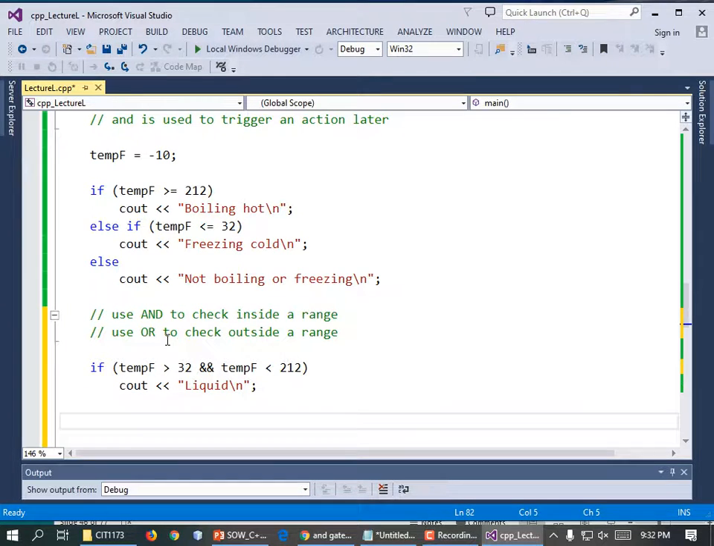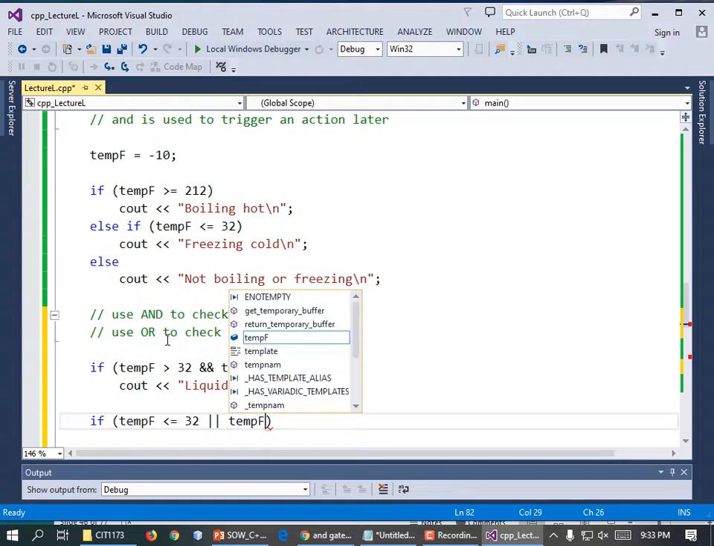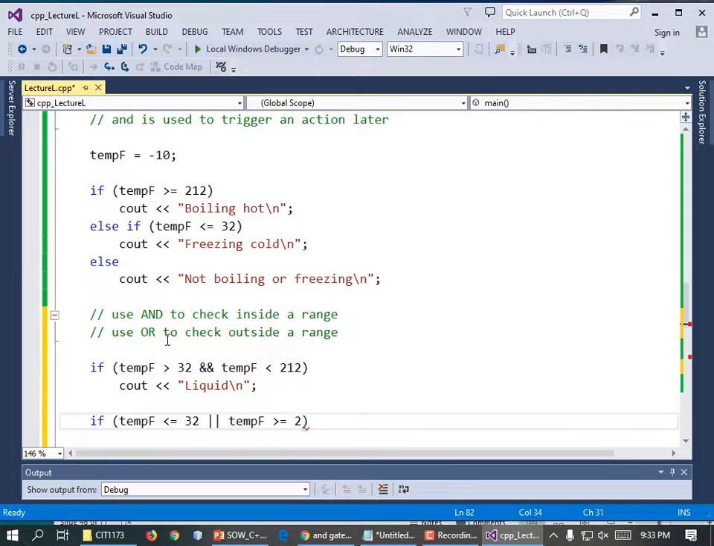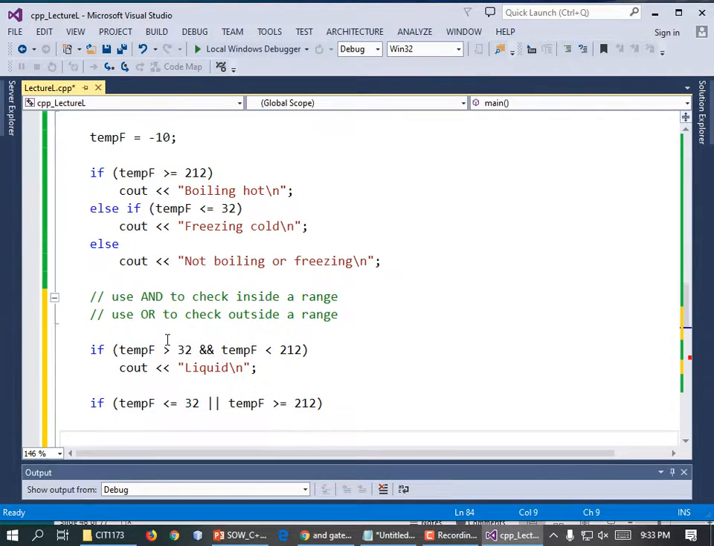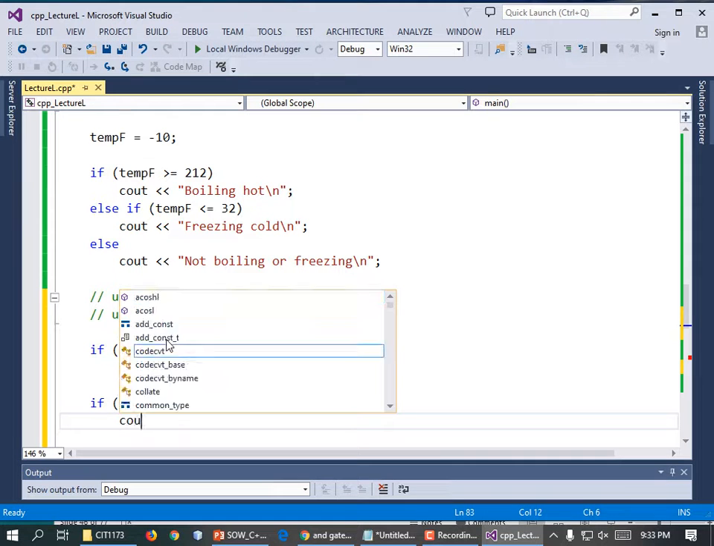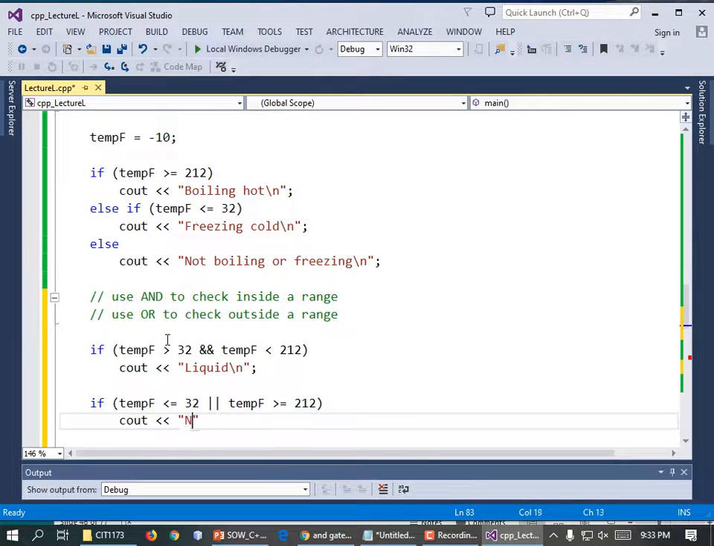Now we're going to check to see if it's outside that range. If tempF less than or equal to 32 or tempF greater than or equal to 212, then it's not a liquid, right? It's either boiling or freezing. cout << "not a liquid. Either boiling or freezing\n";